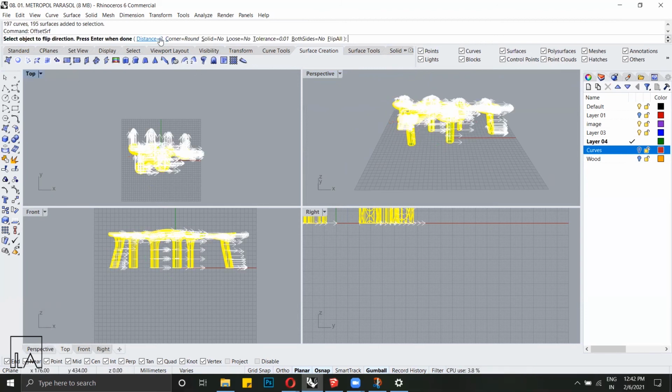I'm going to keep a distance of maybe about 0.75. I'm going to set create solids to yes, because I need them to be a solid structure. That's going to give me the wooden material. And I'm going to hit enter. Now this will take a little time, so let me wait for it to get done.